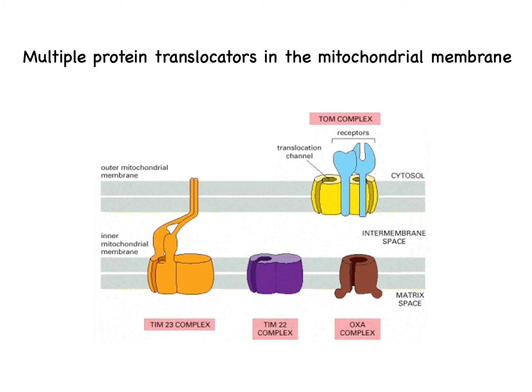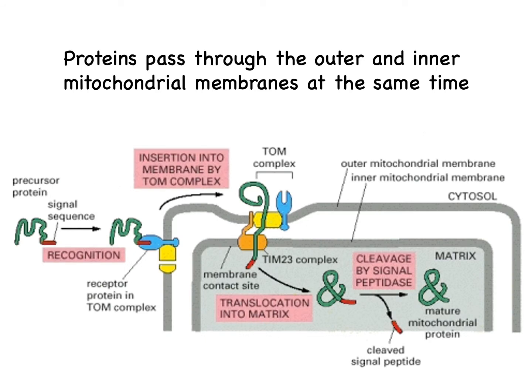Now there are a number of translocators in the mitochondrial membrane. These are called TOMs and TIMs. TOM for transport outer membrane and TIM for transport inner membrane. And these facilitate the transport of the protein through the membrane. So proteins can pass through both membranes at the same time,